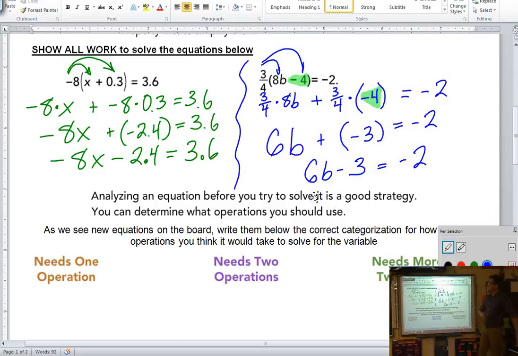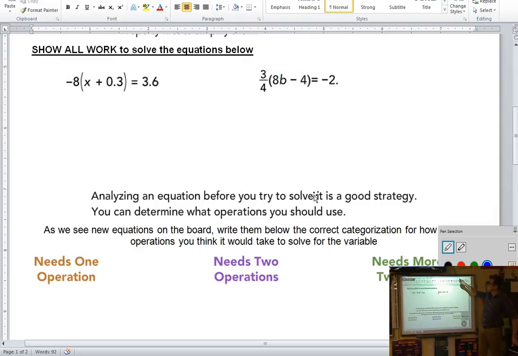So the parentheses are not necessary. They're just there as a grouping symbol. So I use a parenthesis so I can say 3/4 times a negative quantity. I don't have to have that, but otherwise this might look like a subtraction. And I want to remind my brain it's not subtraction. It's negative. So then once I realize, okay, so I'm adding a negative, to clean this up, instead of adding a negative, I just subtract. Does that make sense? So we need, might as well clear this, to start solving our negative 8x minus 2.4